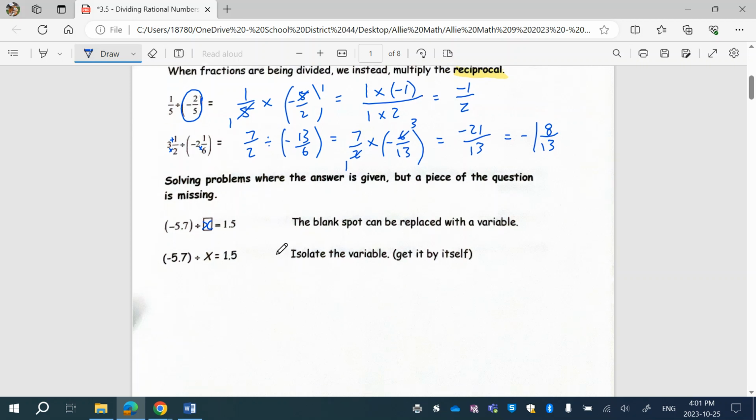Now we isolate the variable. We get it by itself. So when we're isolating a variable, we often do the opposite of BEDMAS. So first, if we can subtract, we subtract. If we can add, we add. And then if we can multiply or divide,